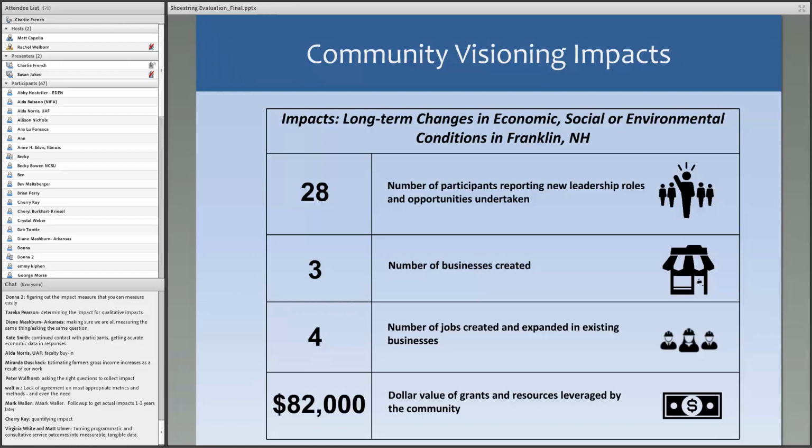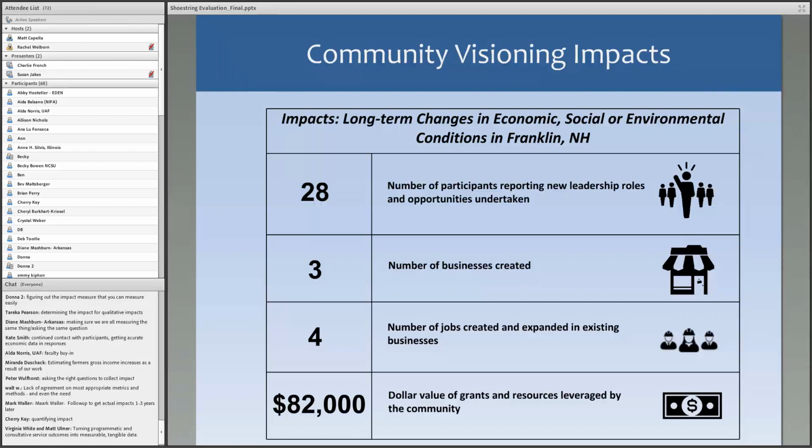This graph that you see here is basically data that we've collected from Franklin from the previous slide. Of course, we've done it for all of the communities that we've worked in, but this is just to give you an example. We count the number of participants who are reporting new leadership roles in their community. Some of this data is collected through interviews with the participants after. In some cases, we learn that through the post survey. And in some instances, we read about people taking on new leadership roles in newspaper clippings and in town meeting minutes and such. So we keep track of that as best as we can.